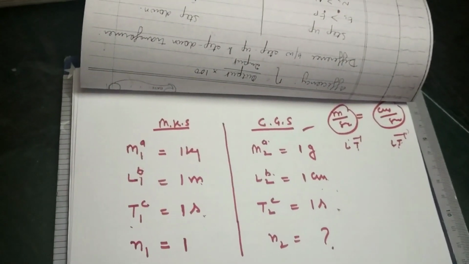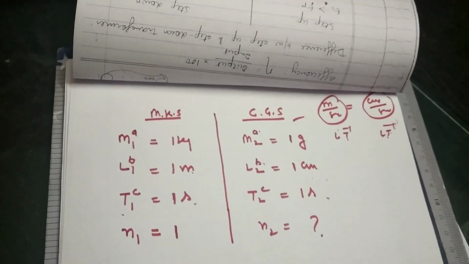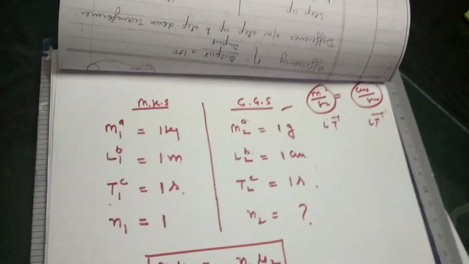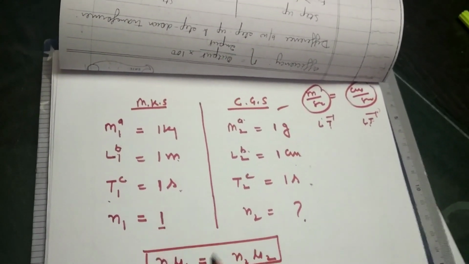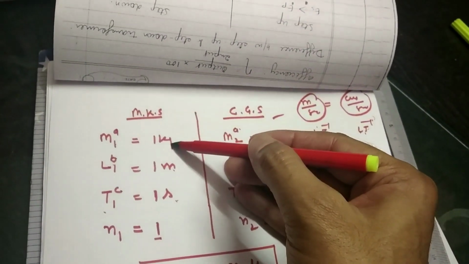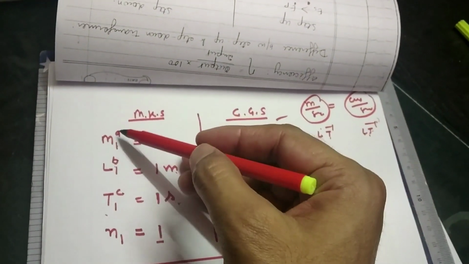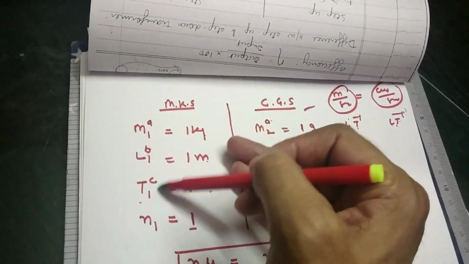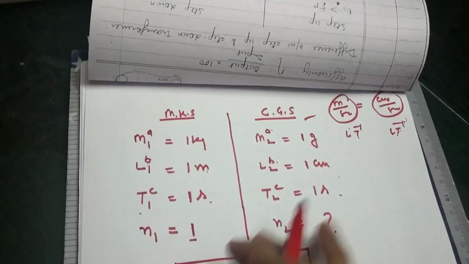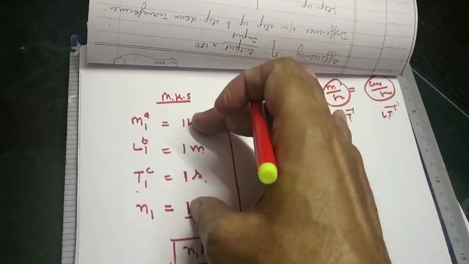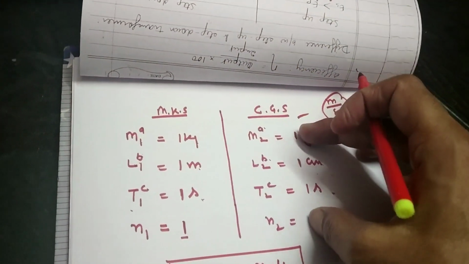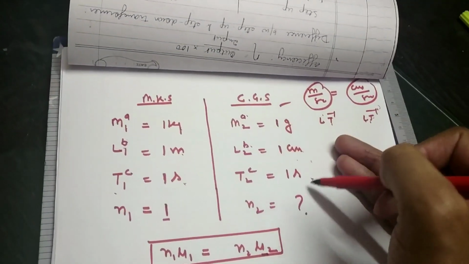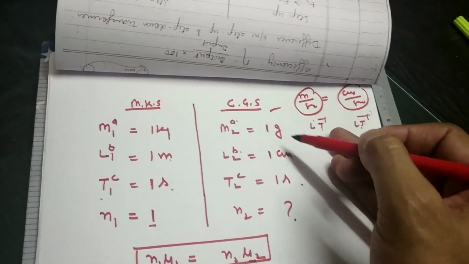Okay. So these MKS and CGS. We know that N1 U1 equals N2 U2. This thing we will apply. The numerical value is 1 and the unit is kilogram meter per second. Suppose the quantity is made by these 3 values. So multiply all these things equals multiply all these things. Numerical value, U2 means units. All the quantities with units.